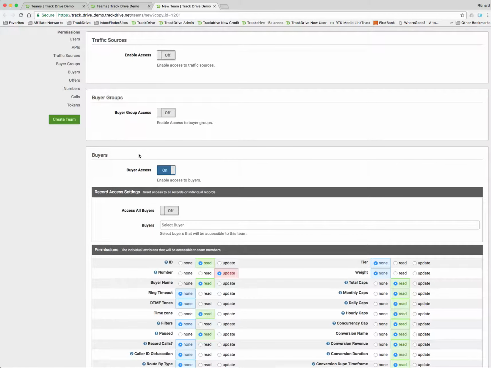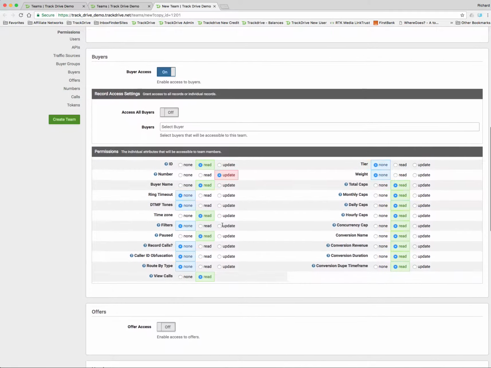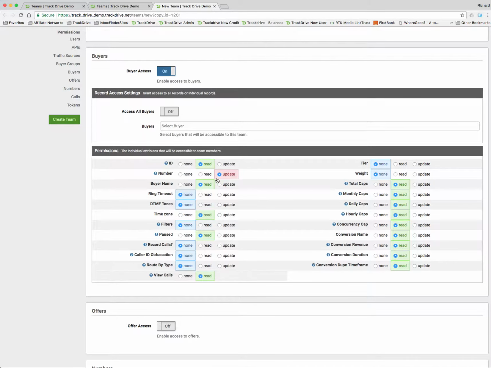However, if you don't have buyer groups, you'd be listing each individual buyer separately here. And in this situation, we'd let them see their ID. Why not let buyers update the phone numbers? If you were out to lunch or it was a weekend and they had a problem with their phone number, if you give them access to edit their phone number in their buyer record, they could fix that without even